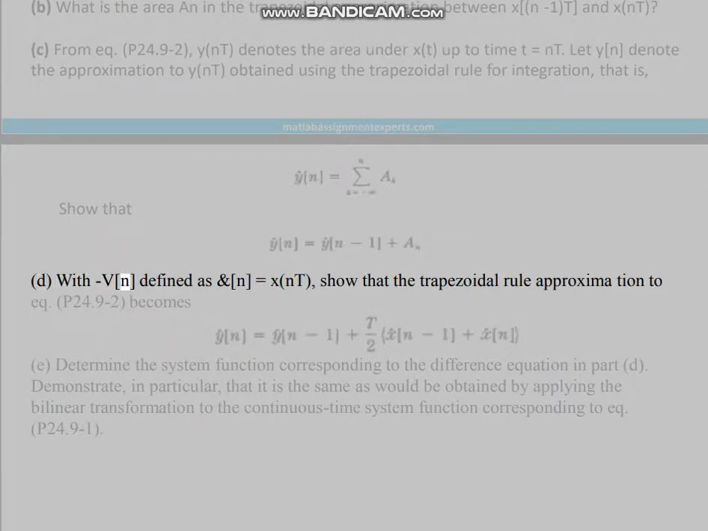D. With y[n] defined as and x[n] equals x(nT), show that the trapezoidal